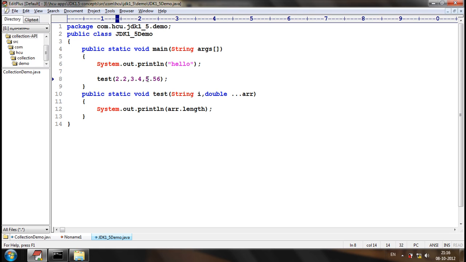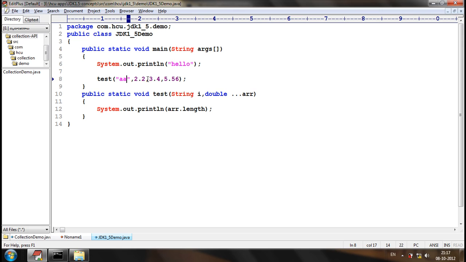If we first pass the fixed argument, then we can pass any number of variable arguments. Whether we pass values for variable arguments or not, it will not give a compile time error. But if you don't pass values to fixed arguments, then it will be a compile time error.